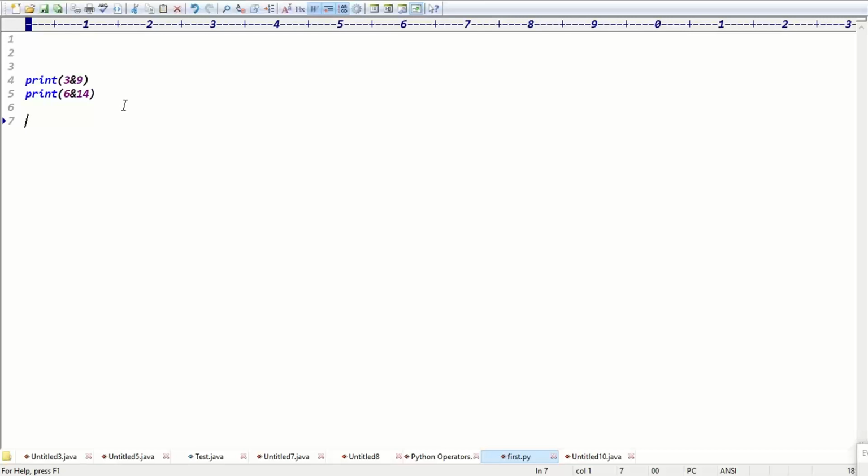For 6 we get 0110, sir. You write the outputs, Priya. You write the 6 value, write the 14 value. You tell me the final output for that code.